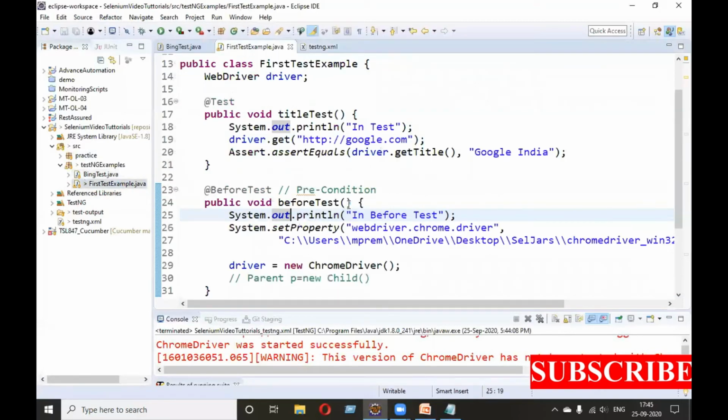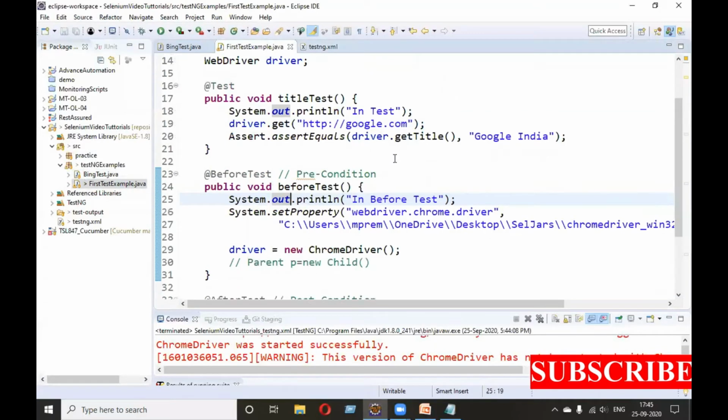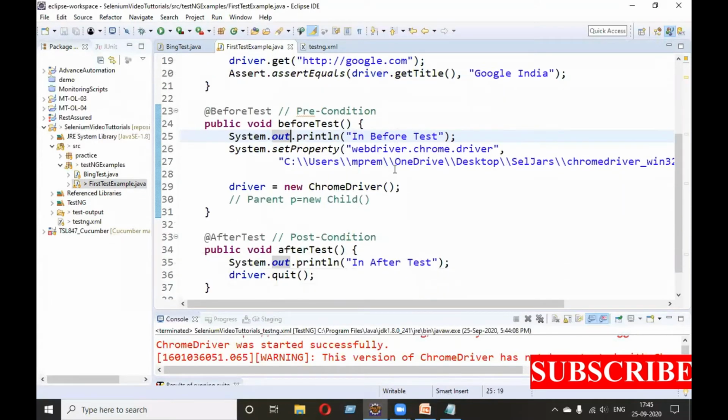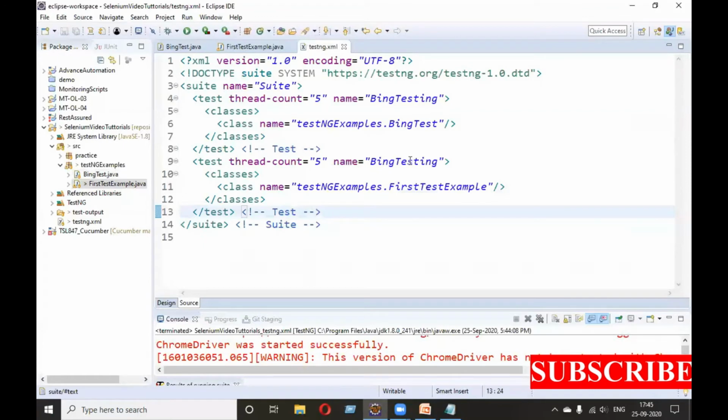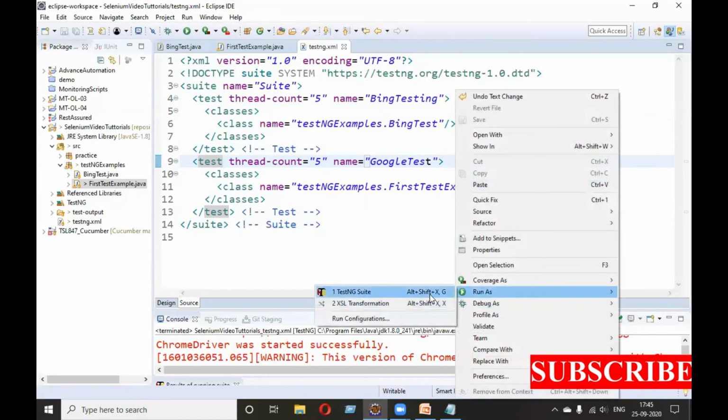The first test is on Google, so I will give the name Google test. Now I want to run the suite. Right click, run as TestNG suite.